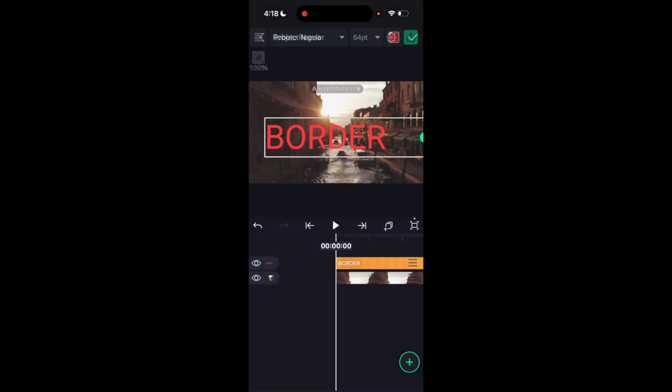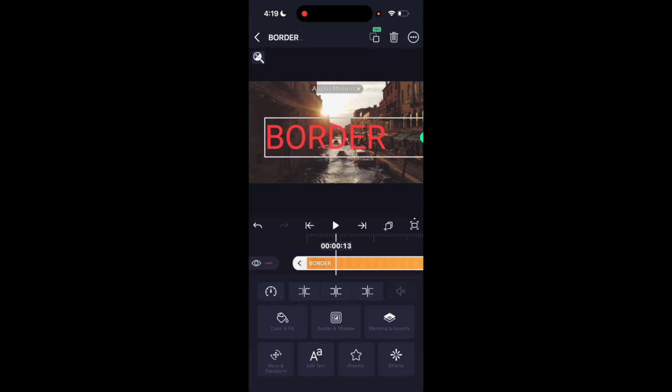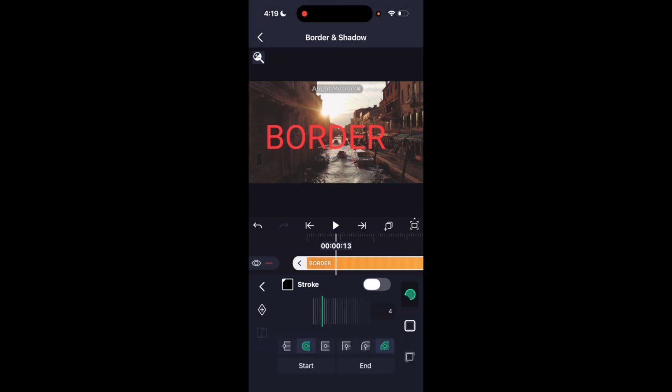So once your text is selected, I want you to exit out of there, and I want you to tap on the text screen right here. A bunch of different options right here, but I want you to go down to where it says border and shadow and select that. Then once you're here, you can go ahead and turn on the border by pressing this,